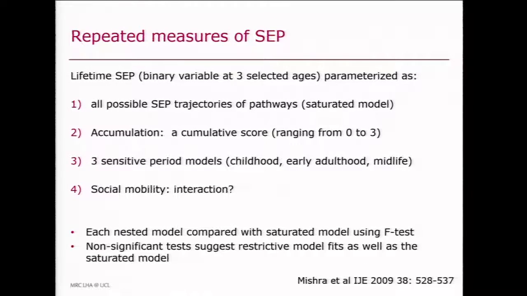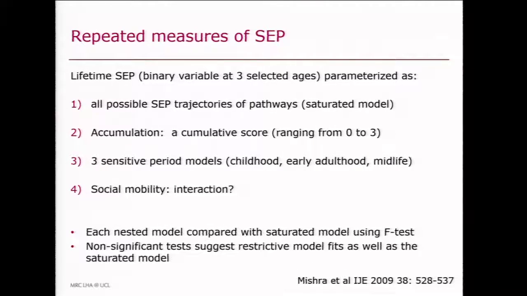Then we have 3 sensitive or critical period models, childhood, early adulthood, and midlife. And then we did also define social mobility. And it's dependent on how you define social mobility as whether you can actually disentangle that from an accumulation model. So we define social mobility in these cases as being an interaction between an earlier and a later life